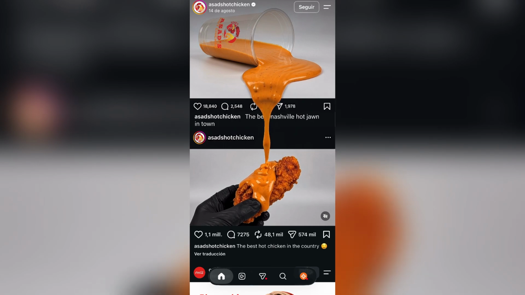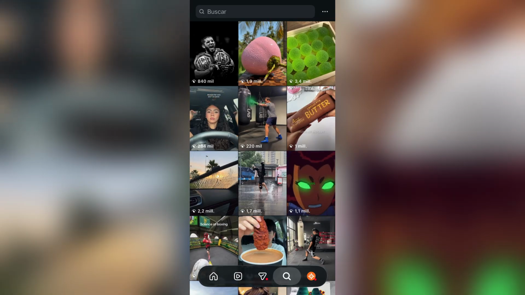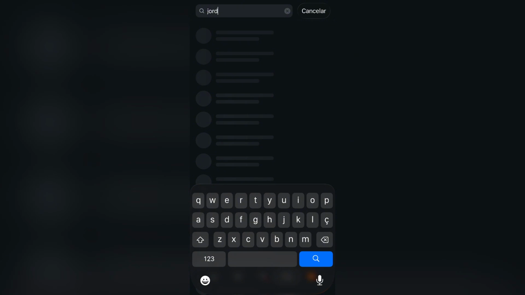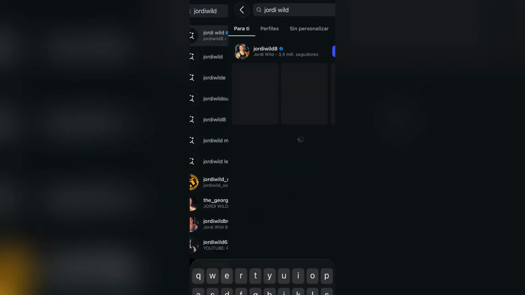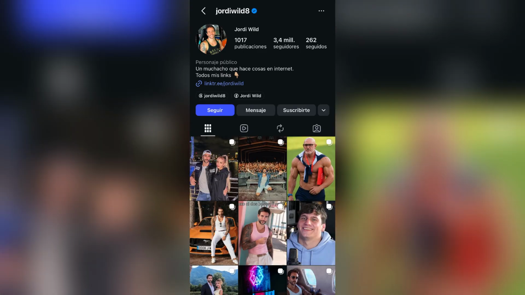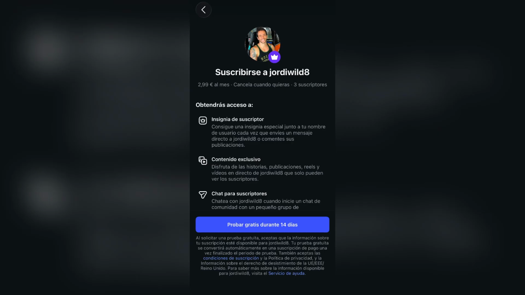If the creator uses Instagram subscriptions, we'll see a specific option to subscribe and access the content available to subscribers. In some cases, creators may offer free content, promotions, or public posts related to their exclusive content. That's why, before paying for a subscription, it's a good idea to check the creator's profile and see everything they